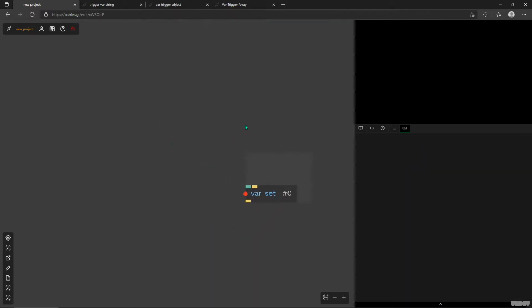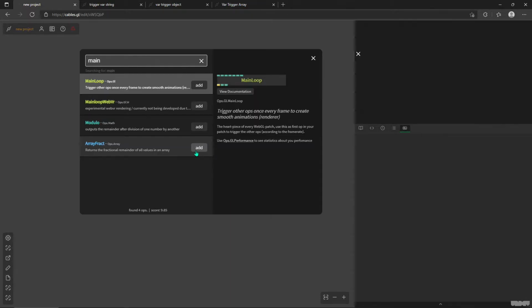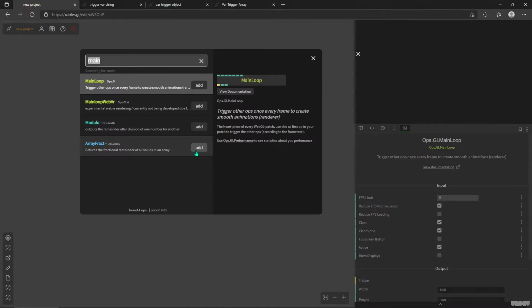And what I'm going to do is populate this number variable with values that then I will draw on the canvas with text mesh. So I'll put down a main loop and hold down Shift and press Enter to just place it on the canvas, and keep my window open. And then I will put down a text mesh,